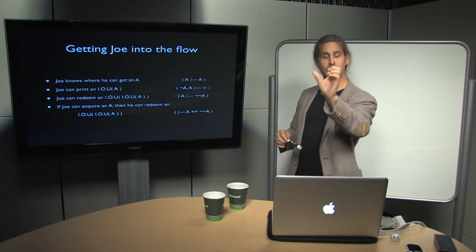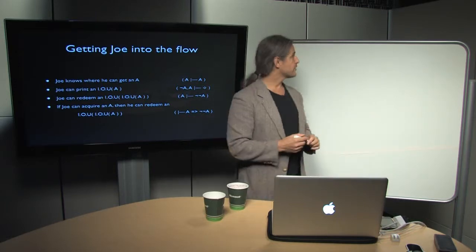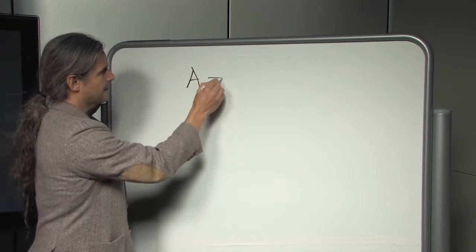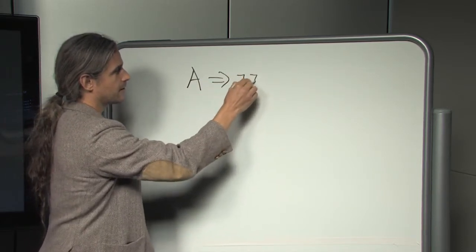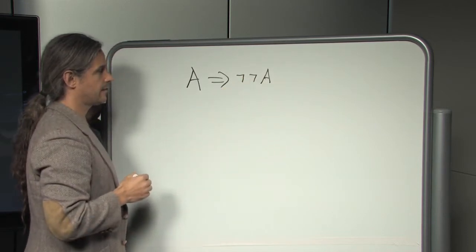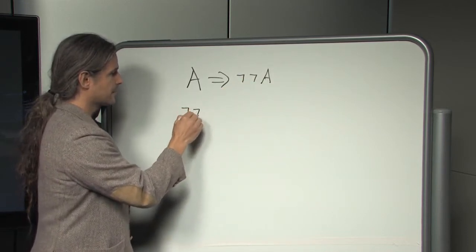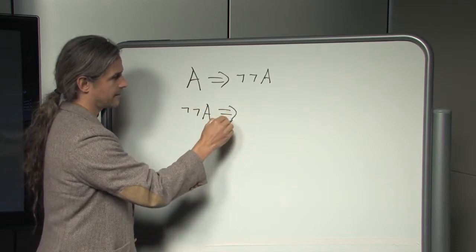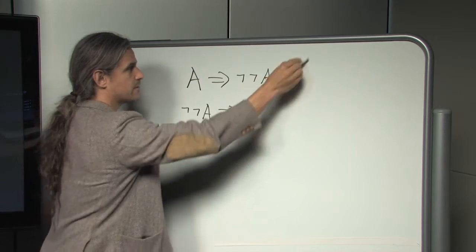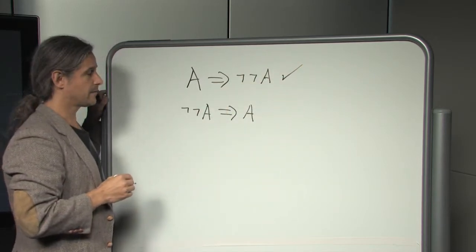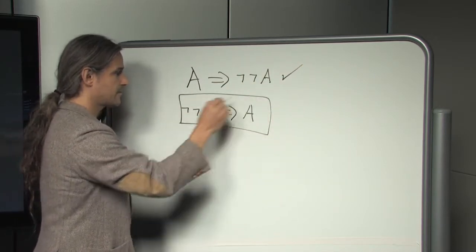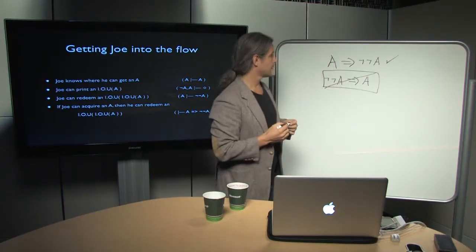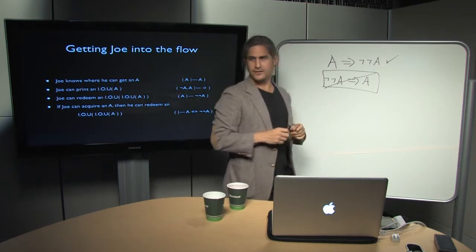So in other words, what do I mean by other direction? So we've written down A allows us to conclude IOU for A. And we'd like to be able to say something classically. The classical logician would like to say this. So this one we checked off. We can make that happen. This one we cannot check off with those rules,